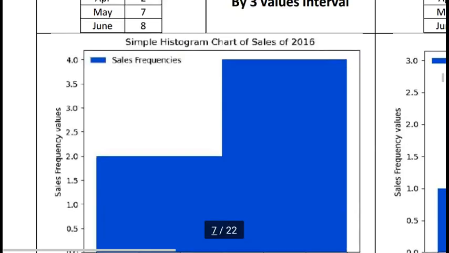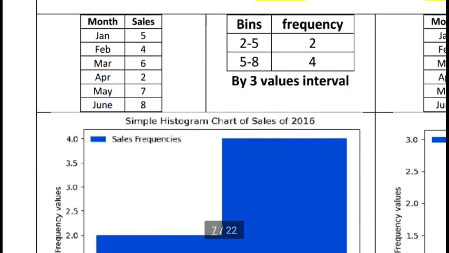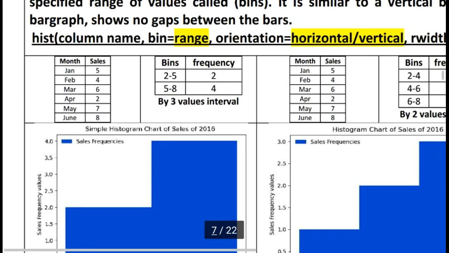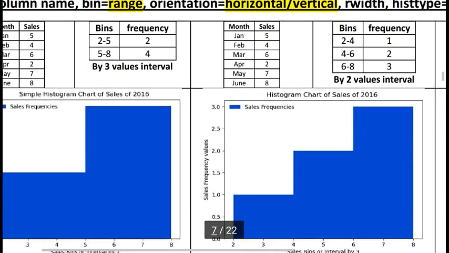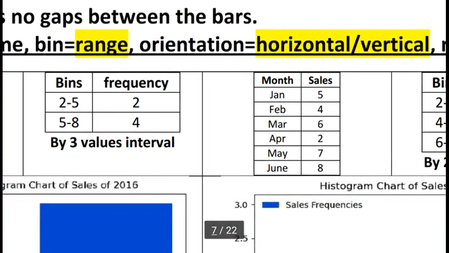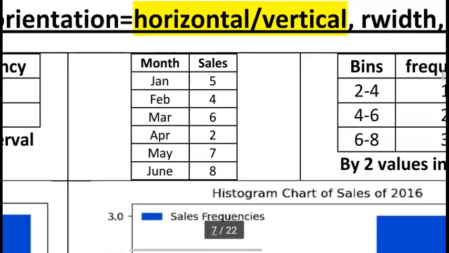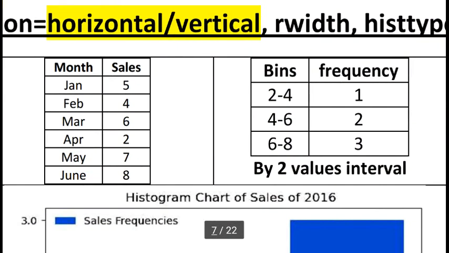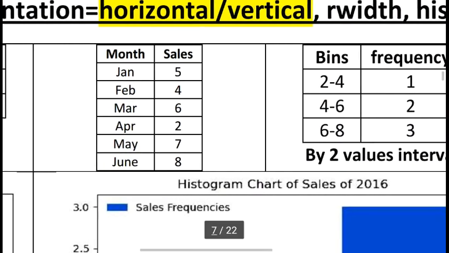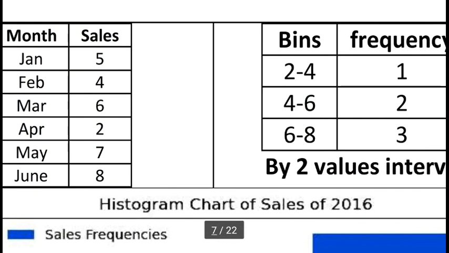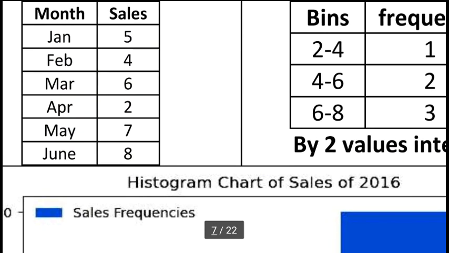So in this histogram we can show the frequency of our data based on our decided interval. This time our interval is 3 values. But here I want to use more, smaller intervals. In the same example, I want to increase the number of bins. Here I am using the 2 to 4 range. In the 2 to 4 cell range there is only one value, 2, but 4 will not be included, always one less.